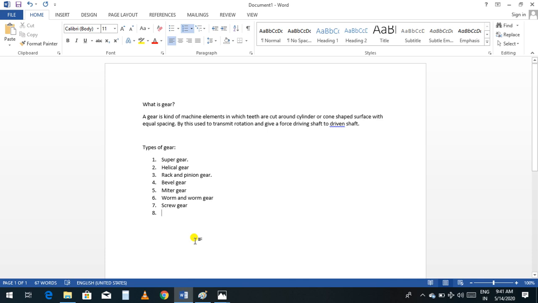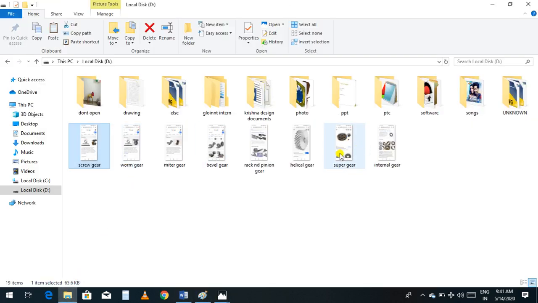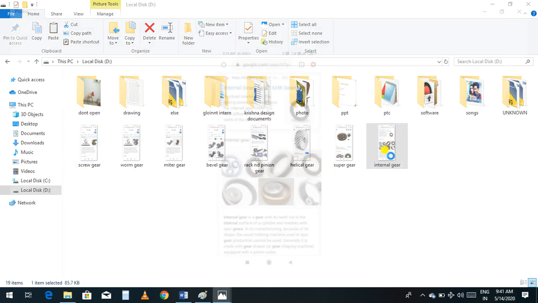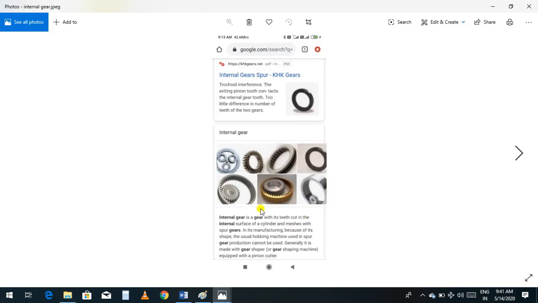Next, the last one, I have the internal gear. Internal gear is nothing else, it looks like one gear with another gear inside the gear. So this type of gear is called an internal gear.